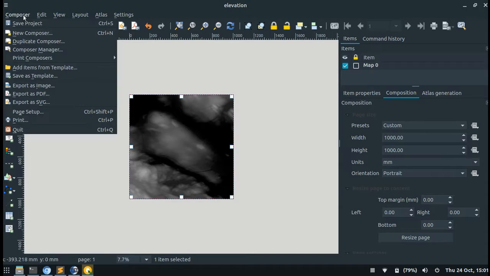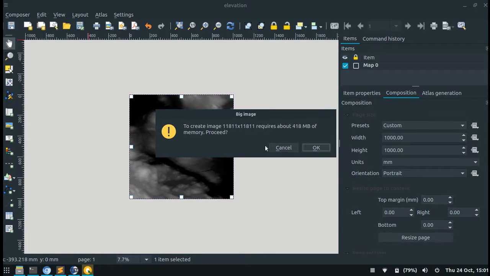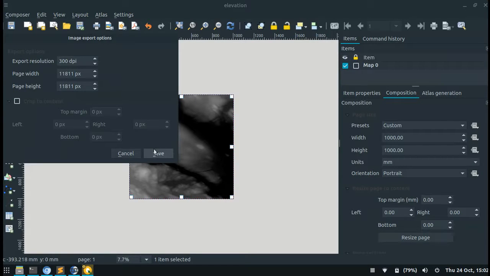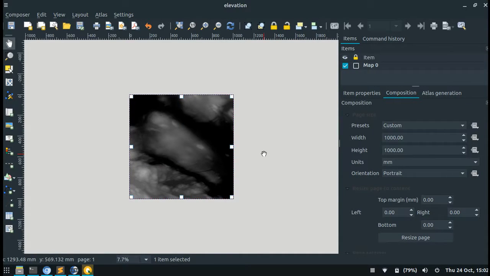Once we have that done, we can export this as an image. We'll give the image a name and file format, which in this case will be a TIFF, and we will save it to an appropriate directory. Once we have this done, we can switch back over to the map viewer in QGIS, and we will toggle